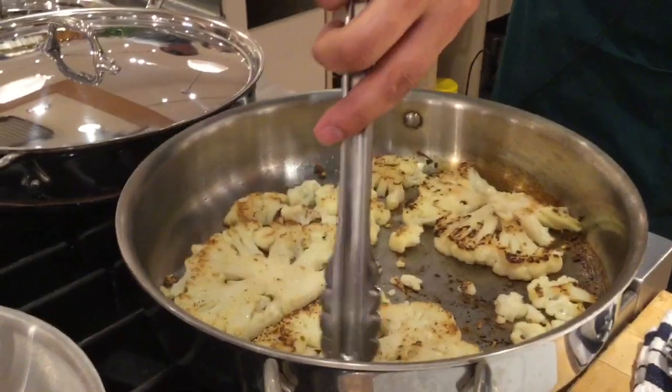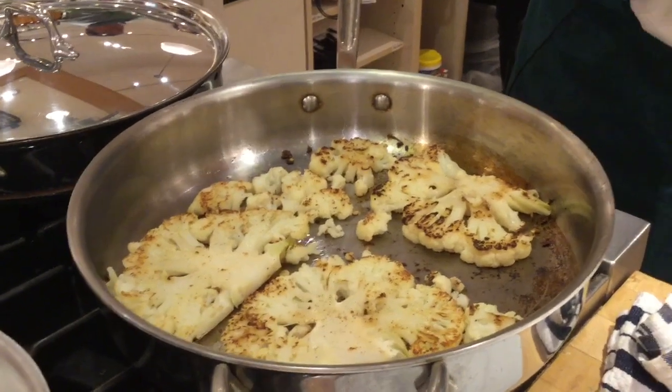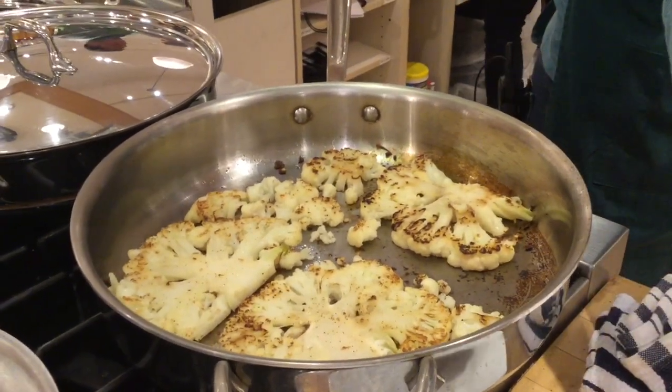Yeah, we're not worried about it sticking. We put enough oil in there. Easy cleanup once it's done. But we seared it, we get a nice flavor out of it. That way